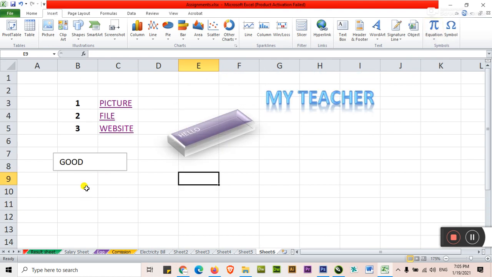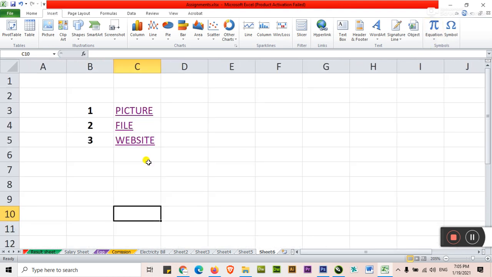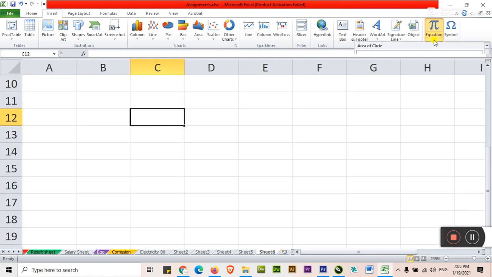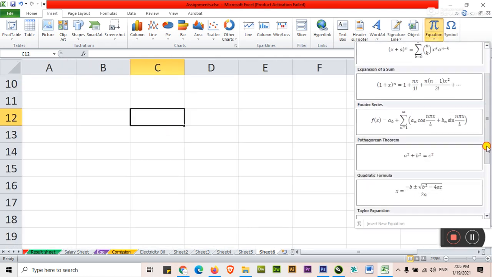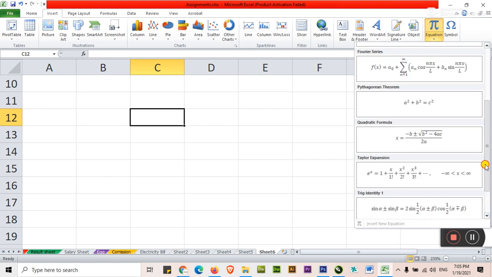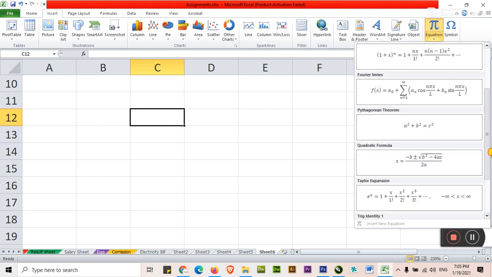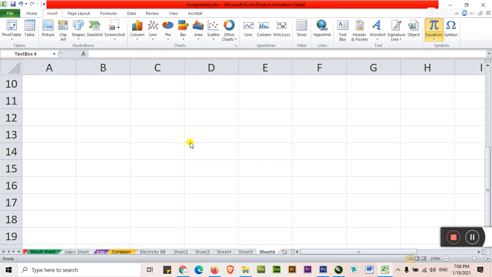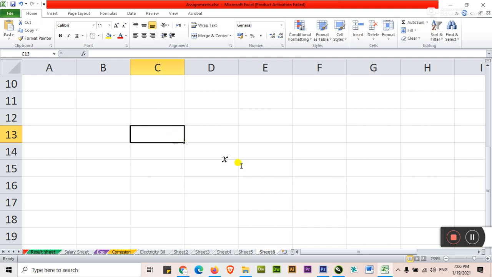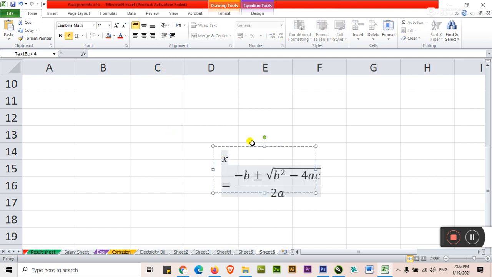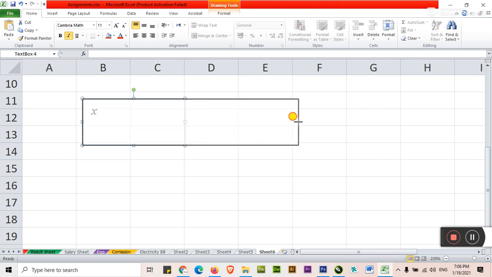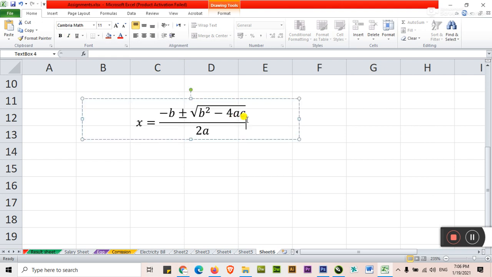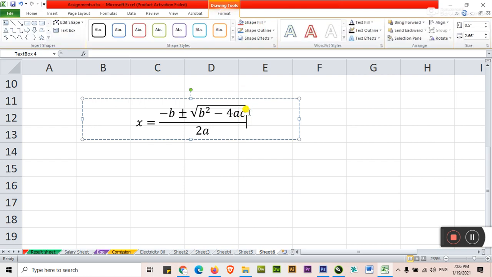The next is if you want to type any equation, mathematical formulas you want. These are a few samples, a few specimens. If anything is near to your requirement, just click it. It will show the basic formula in this area. This is your basic formula. You click here. As you click here, it will show the properties on your top. Design.